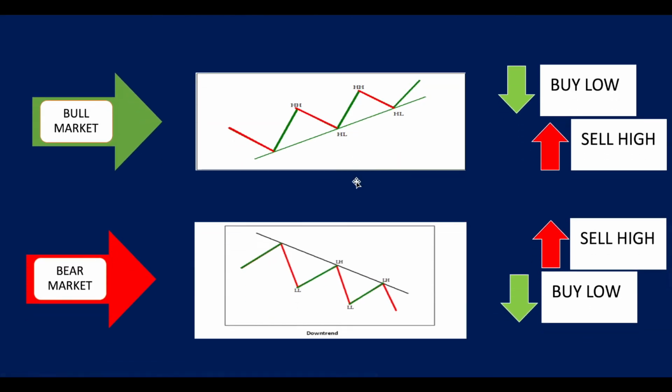Now you should know this. This is the basic principle. If there is a bullish market, if the market is making higher highs and higher lows, the basic principle for investment is that you buy low and you sell high. Remember this, by heart. In a bull market, when the sentiment is good, it's going upwards, there is an upside trend, you buy low and you sell high. And on the other side, if there is a bearish sentiment, the market is going downwards, making lower highs and lower lows, the investment principle is that you sell high and you buy low. Remember this. In a bull market, you buy low, you sell high, and in a bearish market, you sell high and buy low.